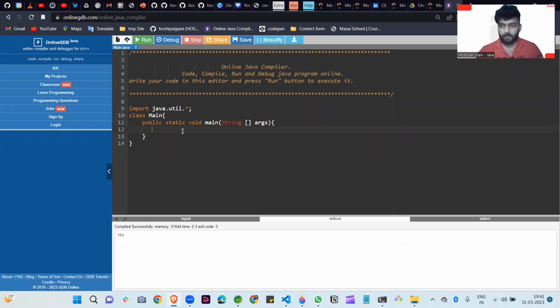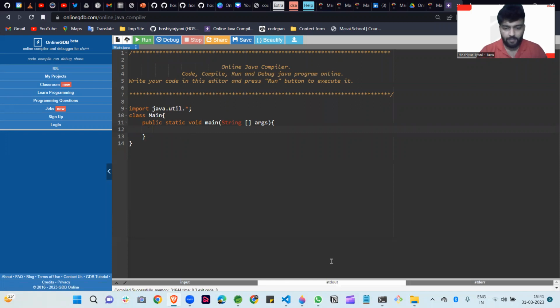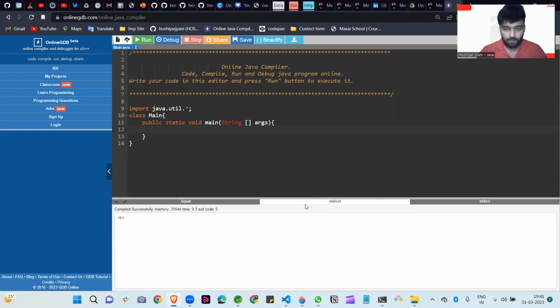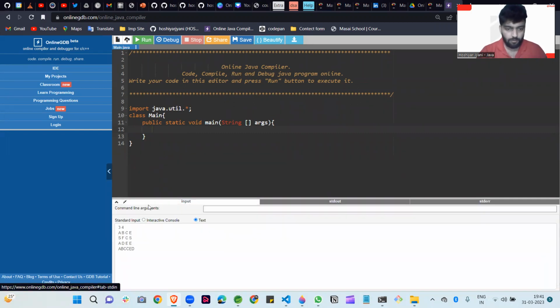In the main method, I create the scanner class object for the input taking. You can see here, I already wrote 3 row 4 column, and this is our matrix 3 by 4, and this is our word given in front of you. So first of all, the first process is creating the scanner class object.